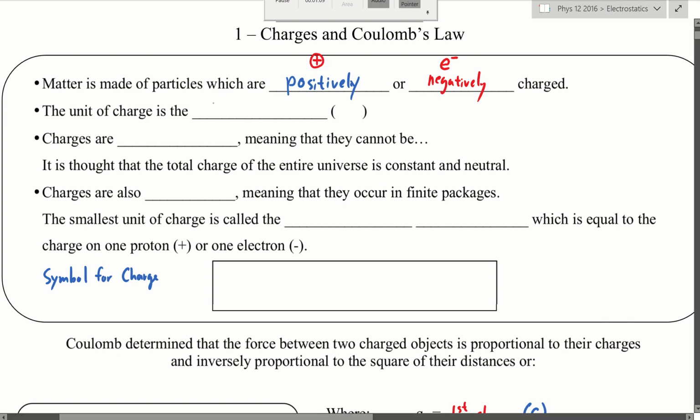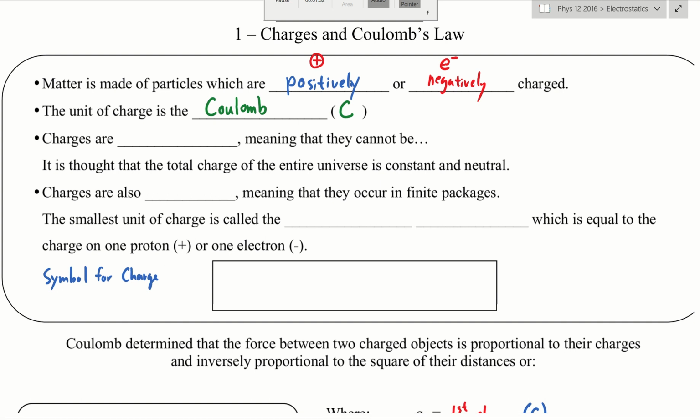You should have learned that earlier in science, but let me remind you, or in case you don't know, charge is measured in coulomb. Okay, coulomb. So this is named after a scientist, of course. That's why it's capitalized. So coulomb. Okay, so we can say I have 1 coulomb of positive charge, or I can have like 60,000 coulombs of